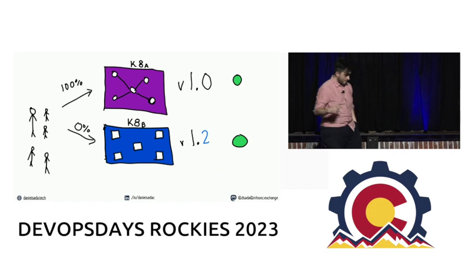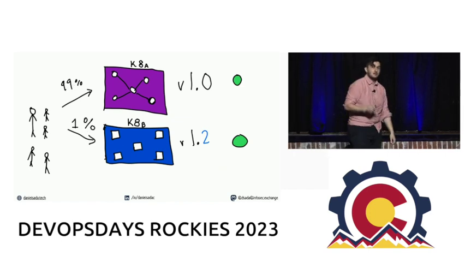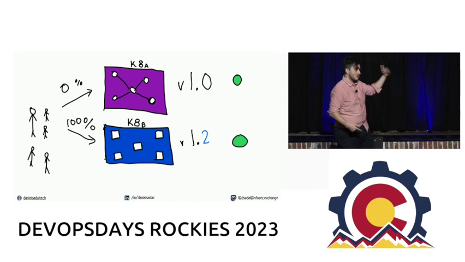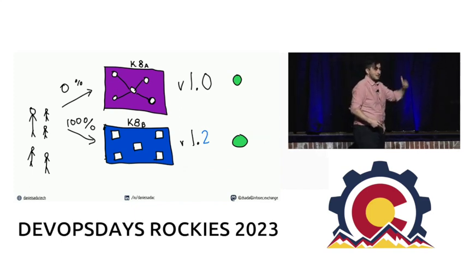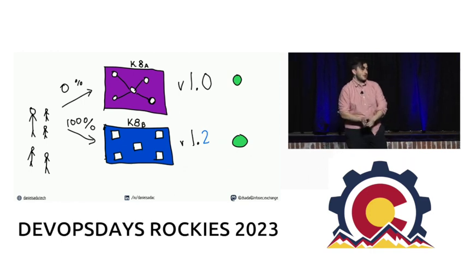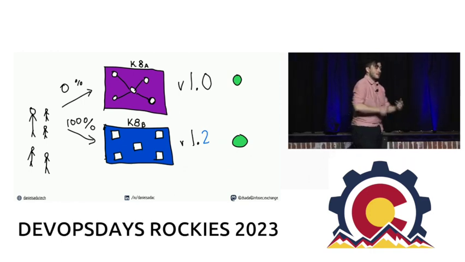And then once version 1.2 comes in, we can slowly repeat the process of migrating traffic from 1.0 to 1.2 until all your customers are now migrated to this. And you didn't even have to wake up at night. You didn't have to do anything. It should be automatic, and rollbacks could be automatic.